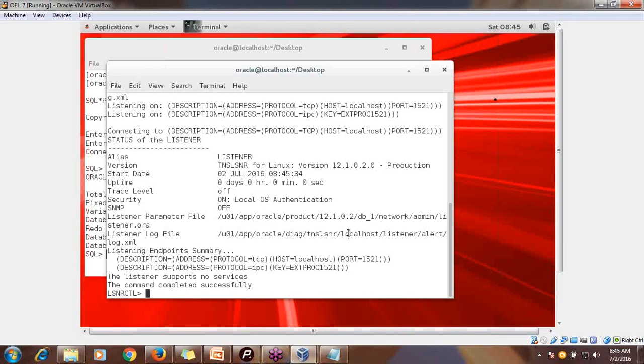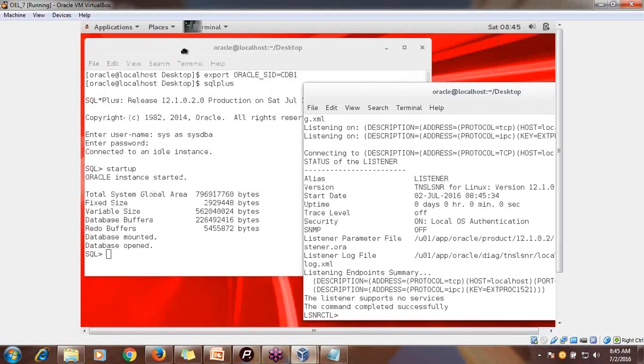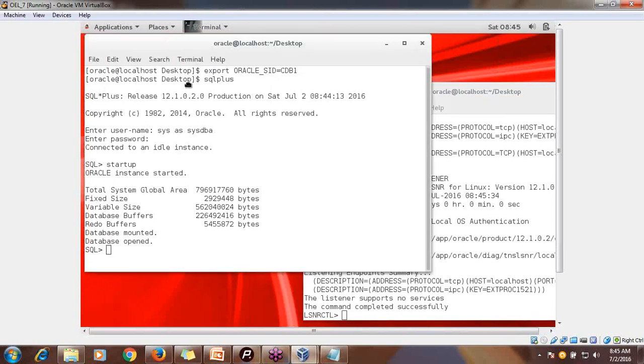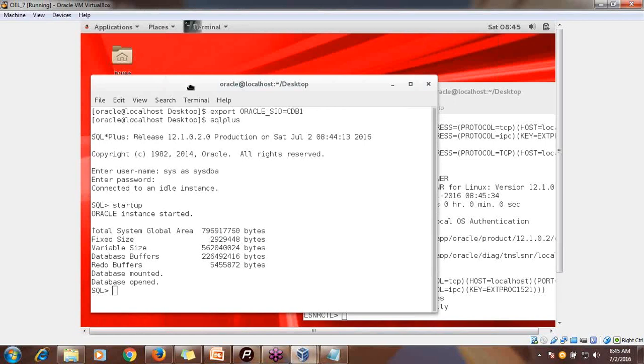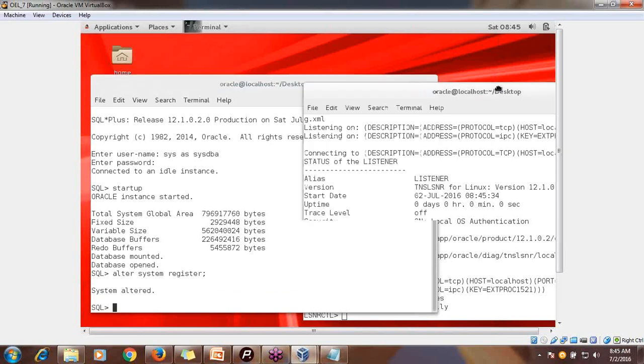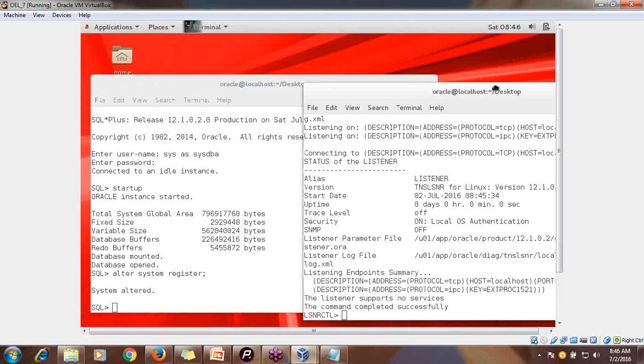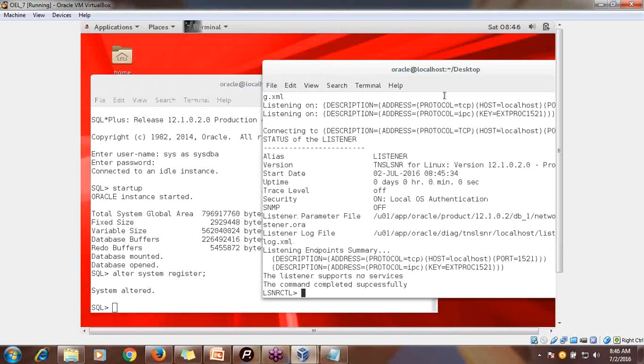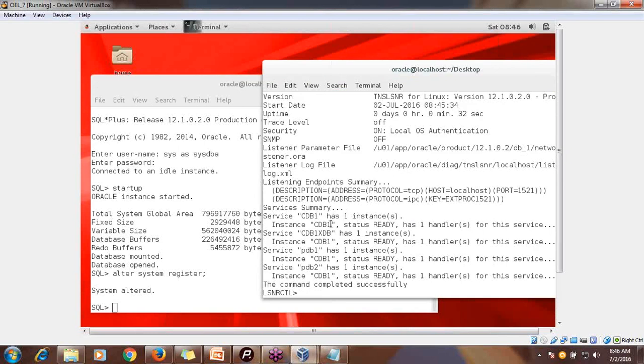At this moment no services are supported, so I need to issue the command alter system register. Now you will find all the services are supported. I'm issuing the status command again. All the services are now supported. This is the same as 11g, no differences.